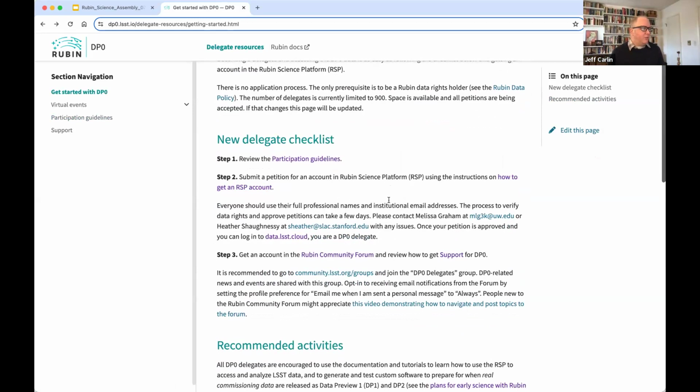Melissa could probably approve your account right now. Otherwise, it might take a day or two to get approved. But once your petition is approved, you can log into data.lsst.cloud as a DP0 delegate.